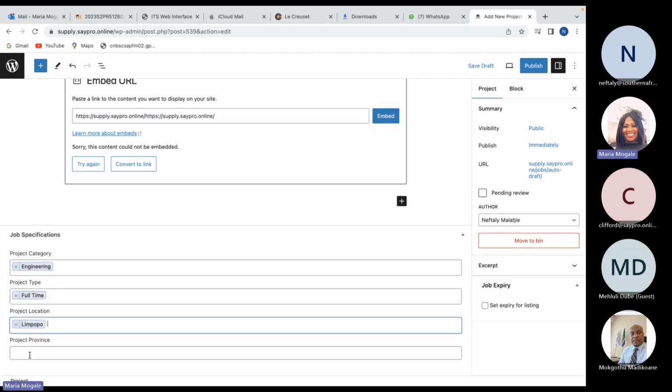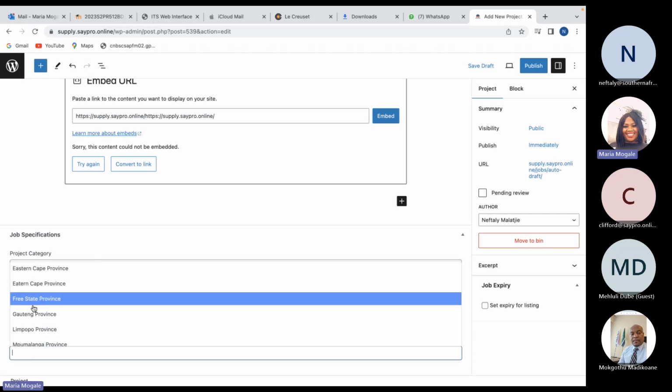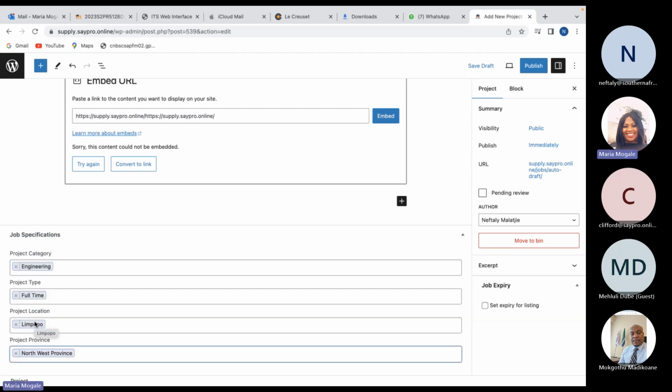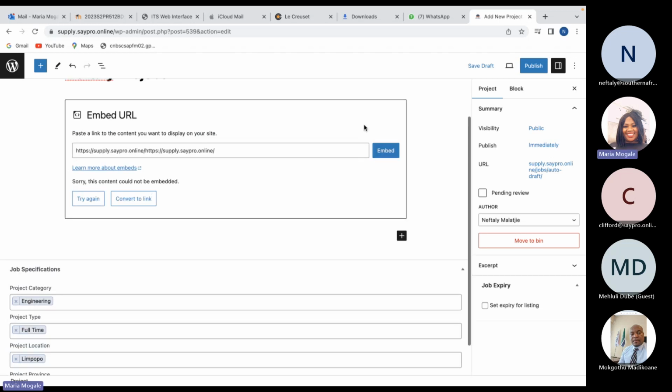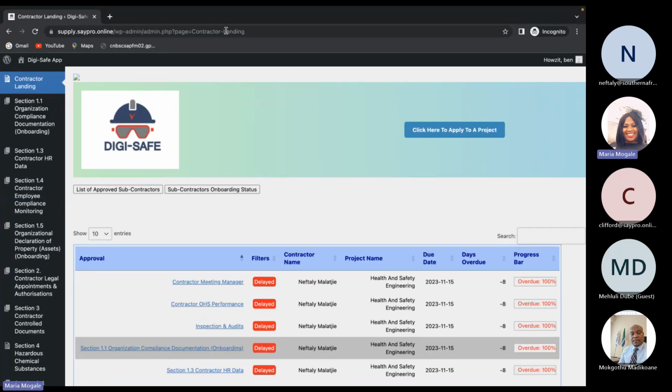The province is in Limpopo. Okay, it's fine, that doesn't matter. And then, after populating that, I still want to be able to select, for that wiring project, what sections I want them to complete.